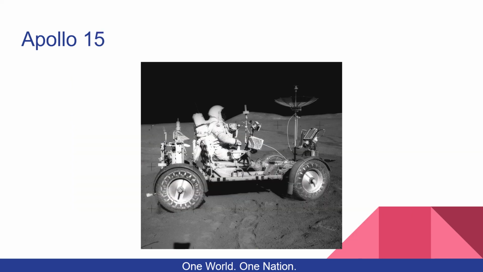Apollo 15 launched on July 26, 1971. It was a lot like Apollo 14 in its mission objectives. It was for carrying out further scientific experiments and collecting further samples. It also created a number of records, one of which is the first time a car was driven on the moon. Another record was that during Apollo 15, the first deep space EVA occurred.